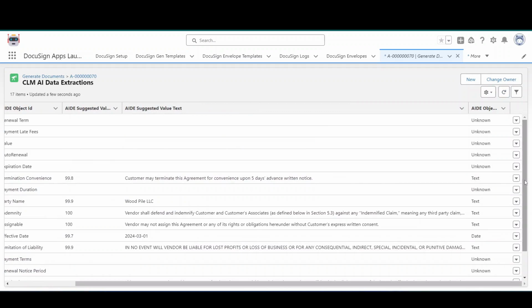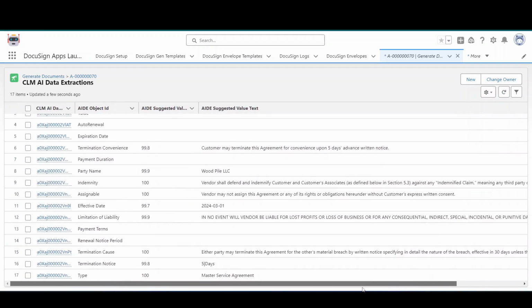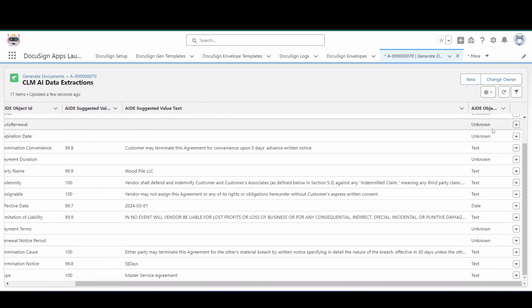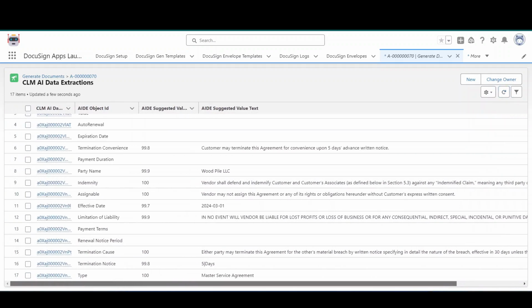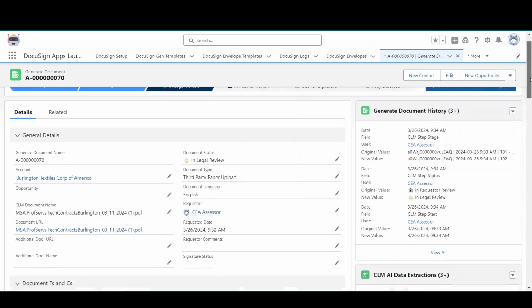So what you can have here now is another process, an additional check of this data, or an additional interpretation of this data for every agreement that gets processed. Now there's something else that's going on here, so let's go back to our record, and what we'll see underneath here,